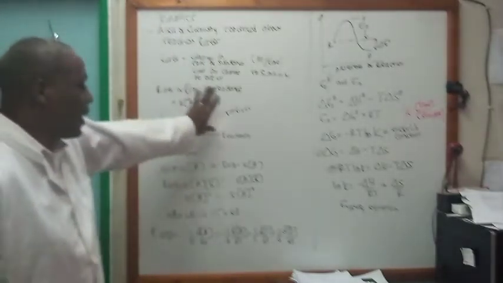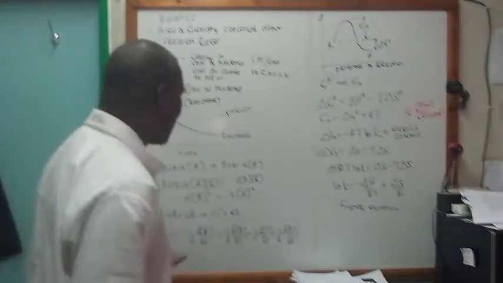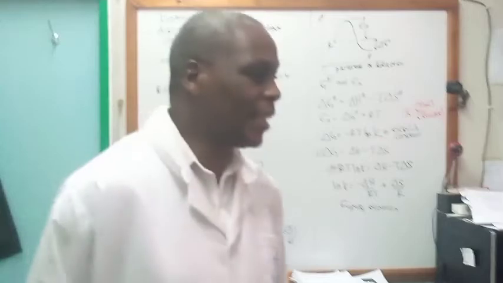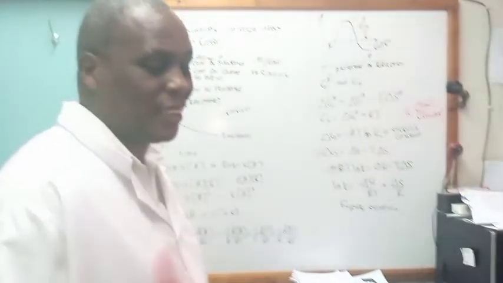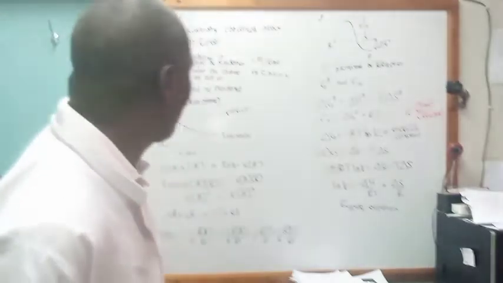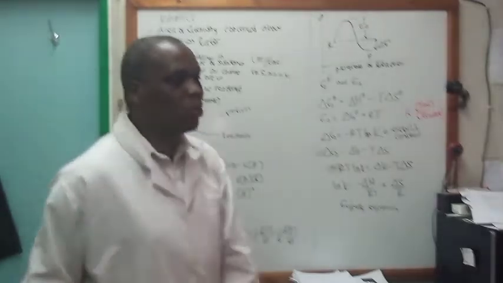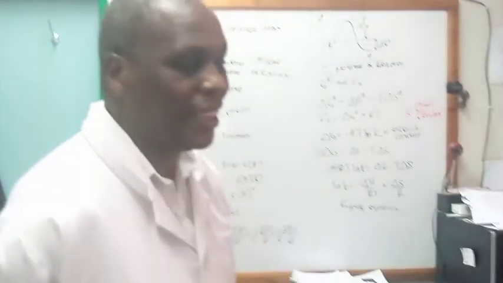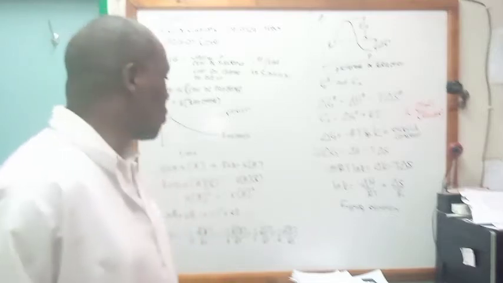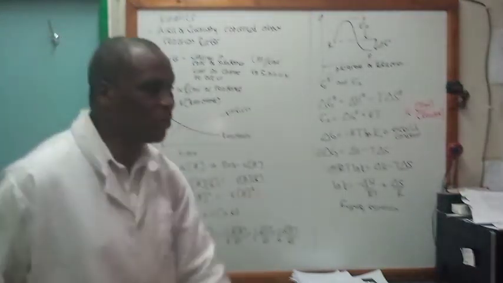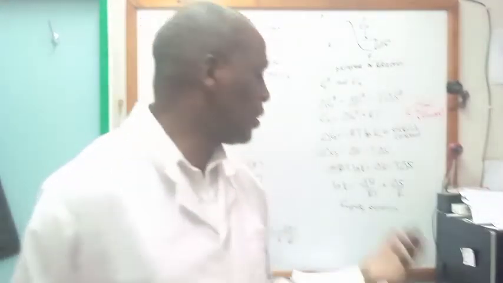And once again, I'm just revisiting this because there are some terminologies that I want to bring in, and we'll come back to these rates later. We're going to be looking at zero order, first order, second order, and how to determine those rates if you're given experimental data. You are a chemist and you need to know how to determine the rate of a reaction